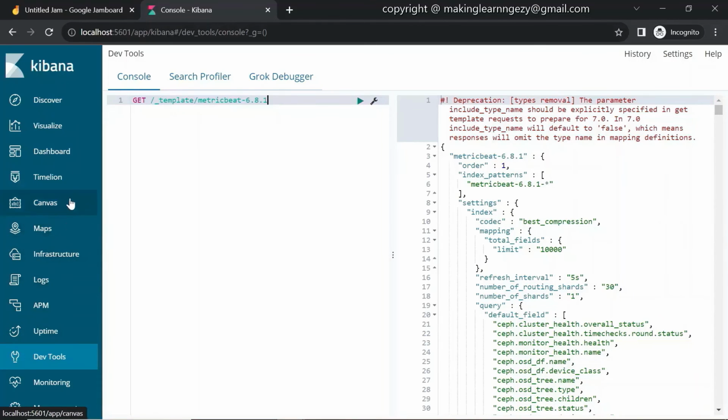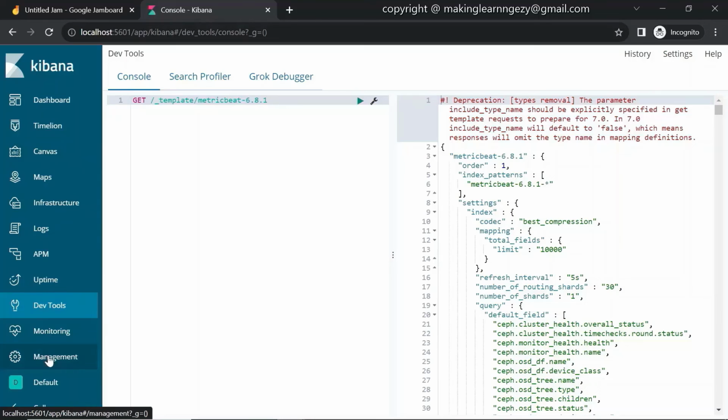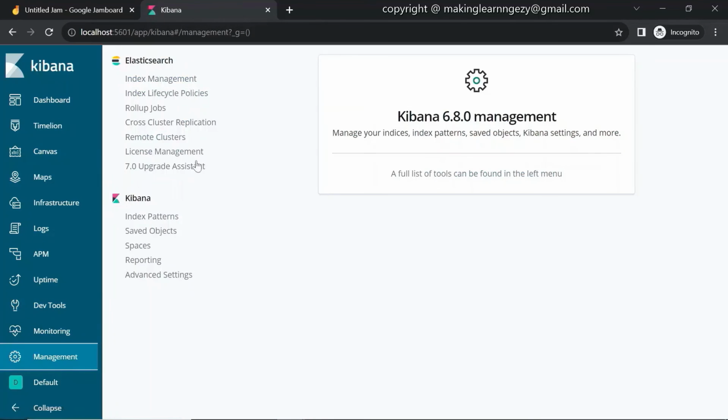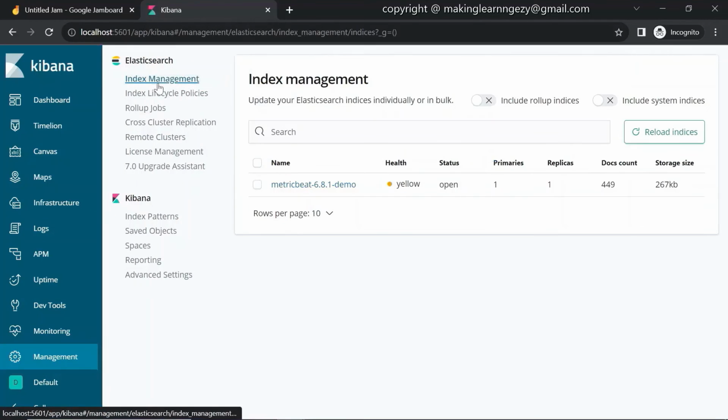Now you need to go to the management. Go to the index management. You will see one index created, metricbeat-6.8.1-demo. So this is the index which we mentioned in the Logstash configuration file. Now we need to create the index pattern using this index.